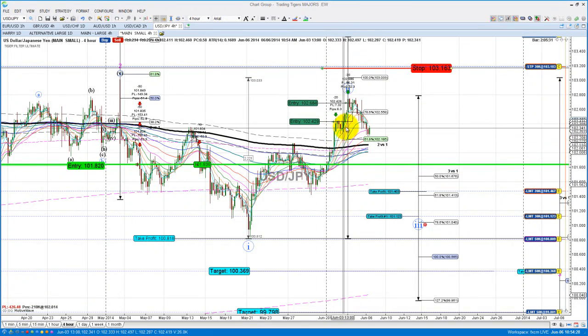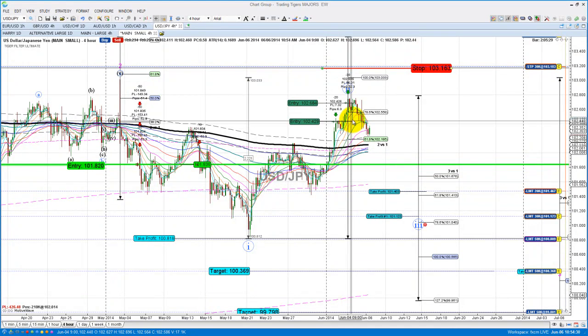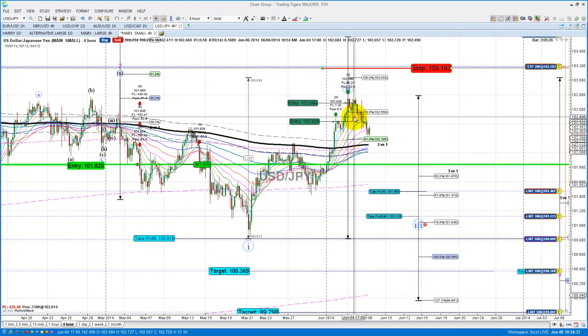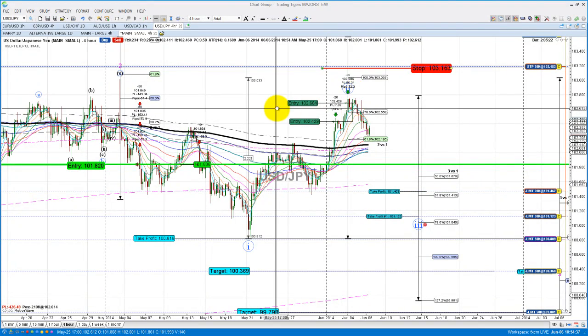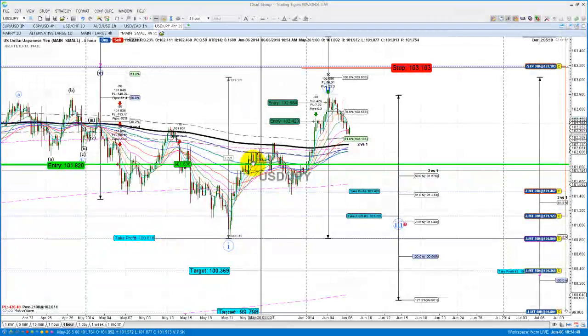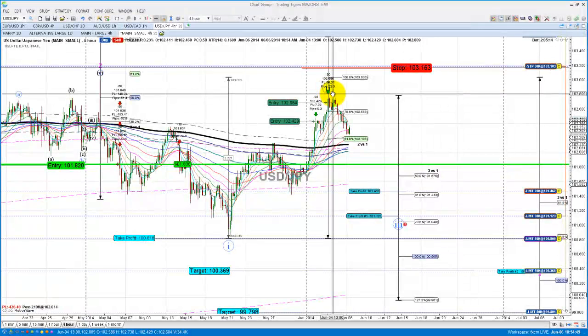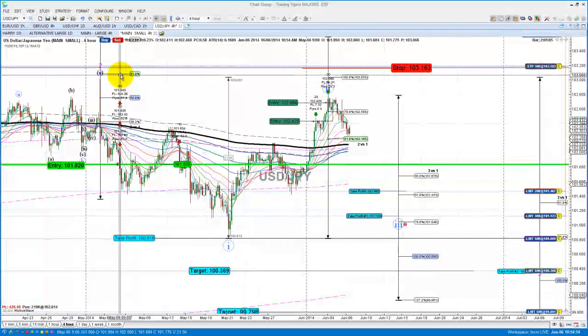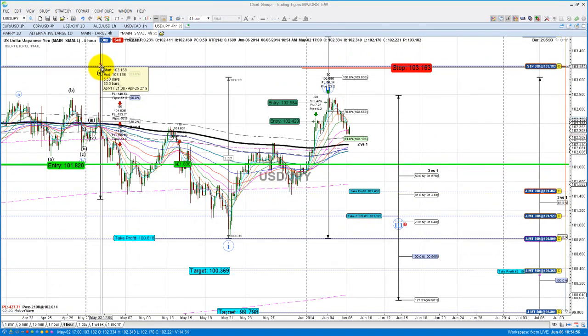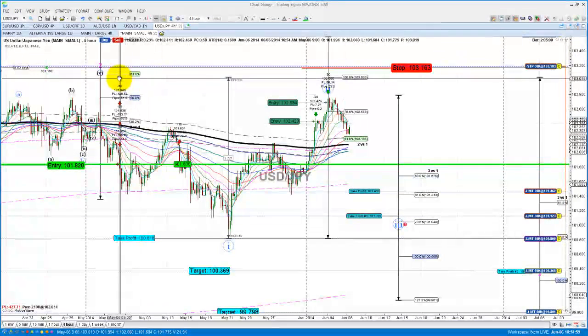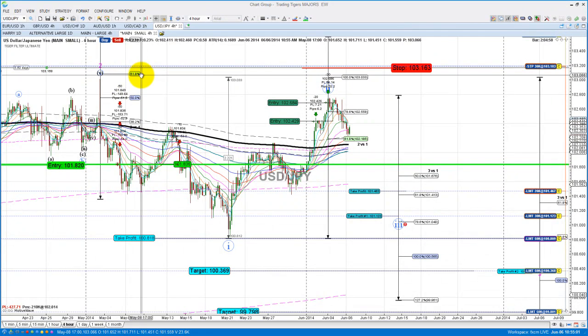We had put some entries here which previously were the 61.8 and 78.6, which of course have been taken out. When I look at this in terms of our Tiger filter, which is all these series of lines, I can see that this could be a valid kind of wave 2. But once again, price can do whatever it wants to do and make a mockery of this wave count. So this level here is an important level, because if this is taken out here,